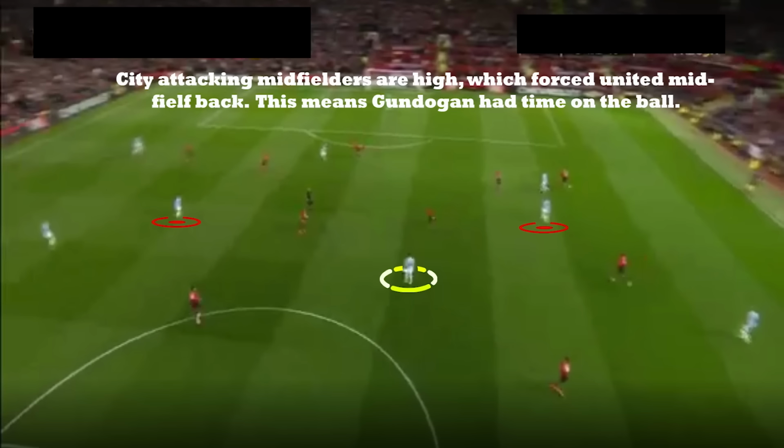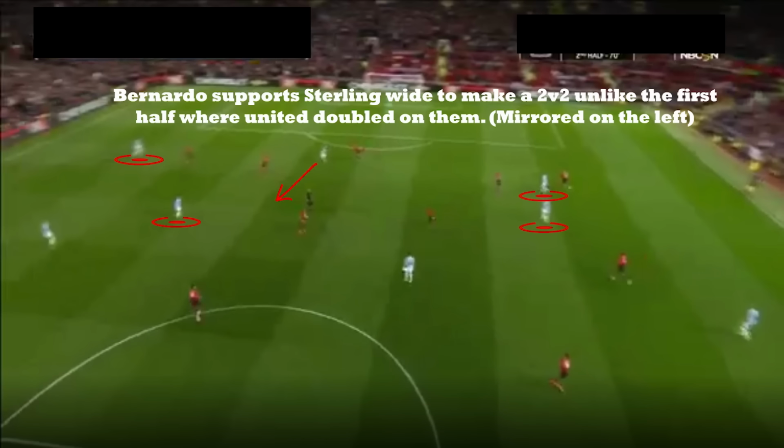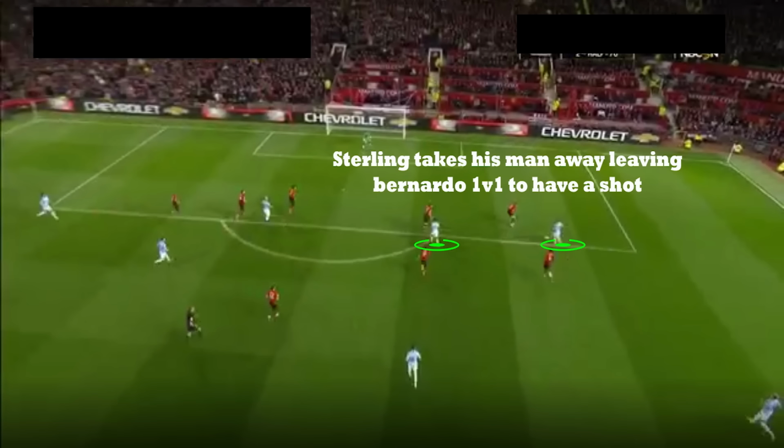Back. This means that no one is pressing Gundogan. Bernardo Silva, now playing as a central midfielder, stays wide, meaning United cannot 2 versus 1 Sterling in the wide areas. David Silva does the same on the opposite side with Sane keeping his width, and Aguero drops deep, giving them numbers on the opposite side which attract the United defence. Bernardo and Sterling wide create a 2 versus 2, which allows Bernardo to take on his man 1 versus 1